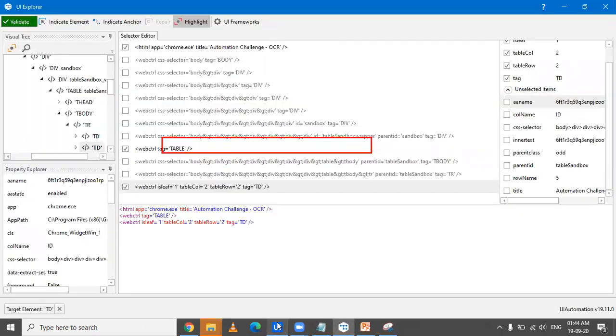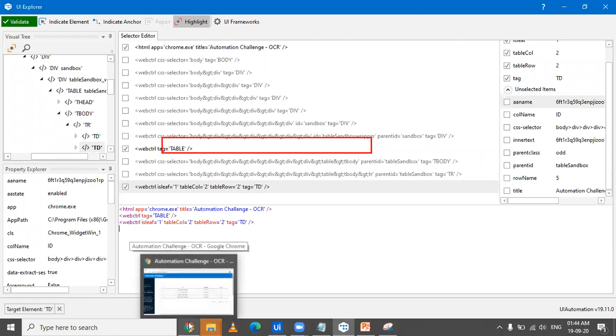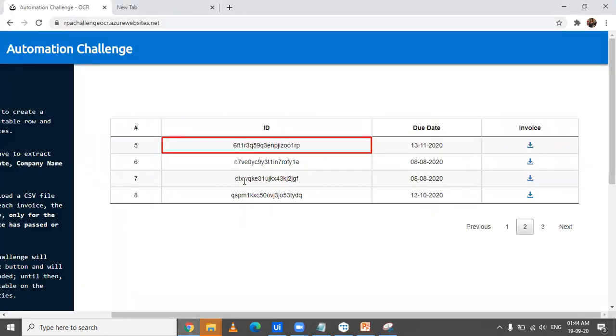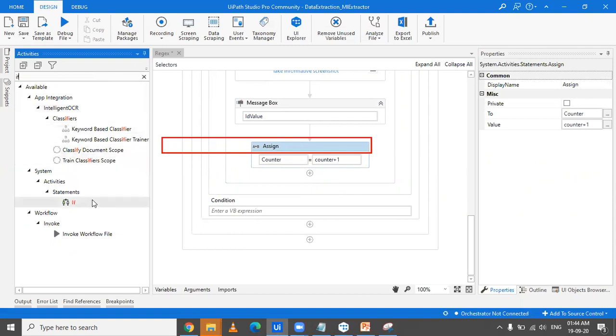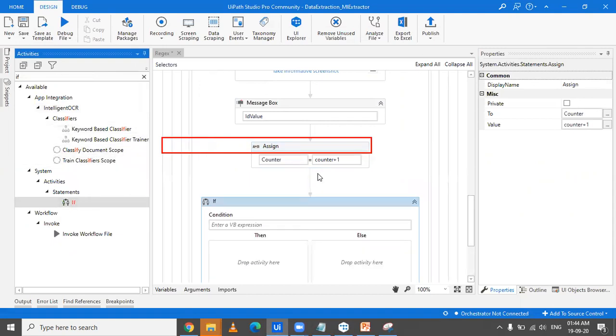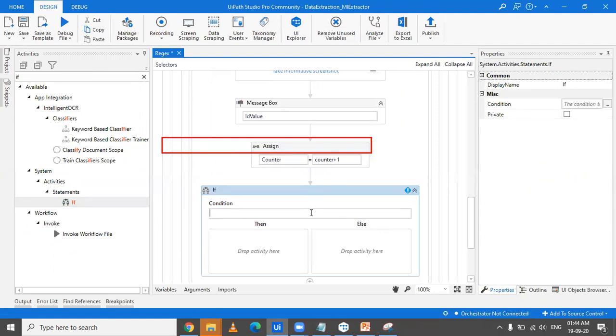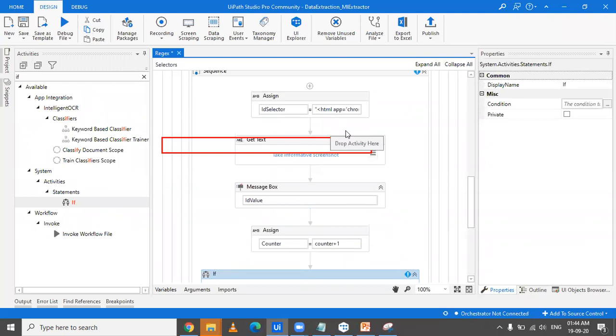So the decision point here is that we are starting from 2. So 2 is the first row, then this is 3, then this is 4, and then this is 5. As the counter reaches 5, what we're going to do is set the value back to 2, and we'll move on to the next page. We'll say as the counter reaches 5, or not counter reaches 5, because it will first be 2, it will extract the value, it will make it 3, and then it will increment it.